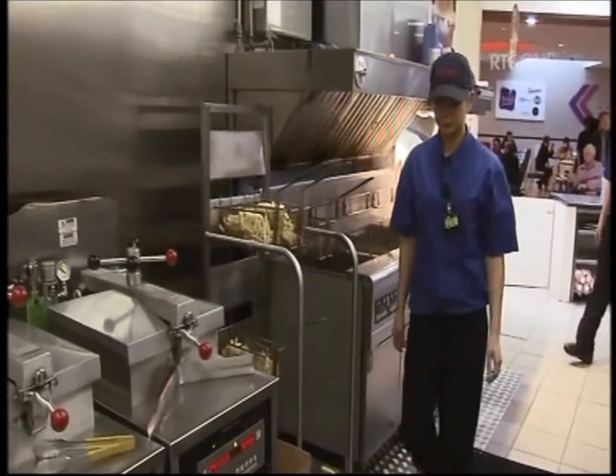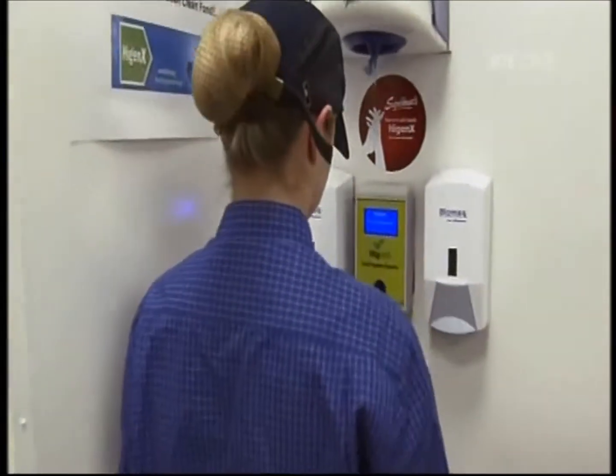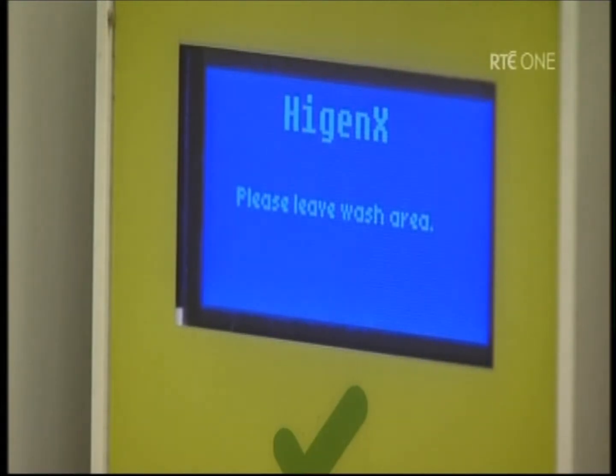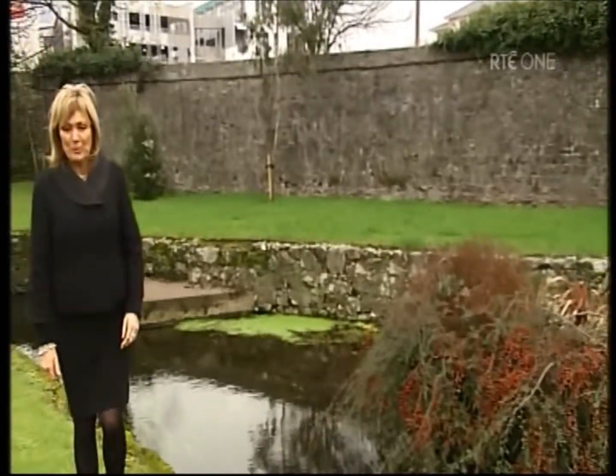In the meantime, research continues into how the HigenX system can be applied to other areas where there's room for improvement when it comes to the spread of infectious diseases. Isn't it great to see an Irish company coming up with those developments, and well done to the team involved. And that brings us